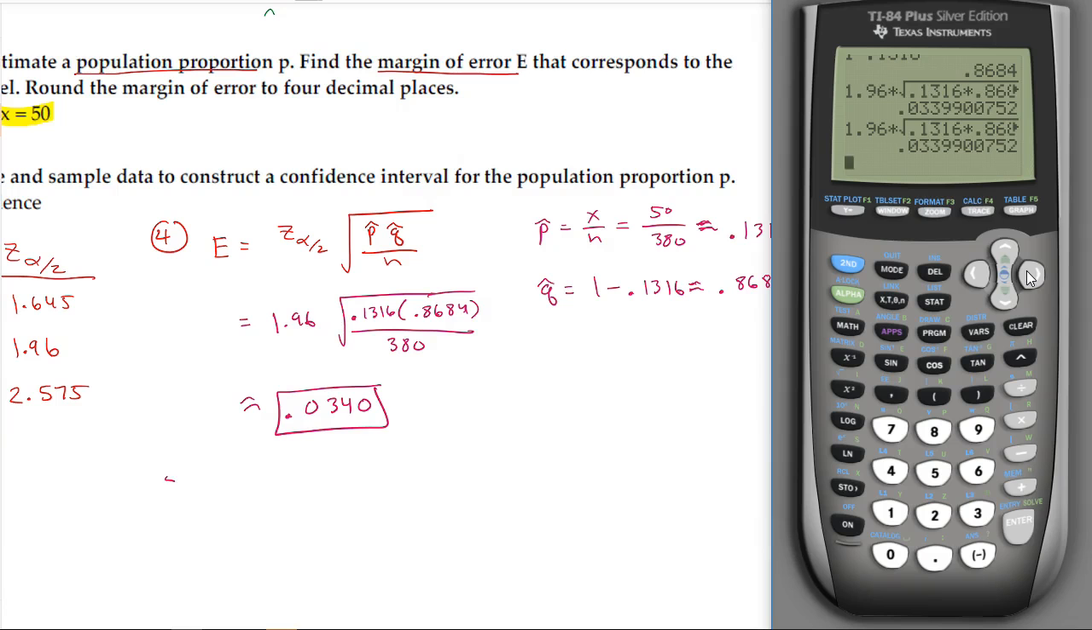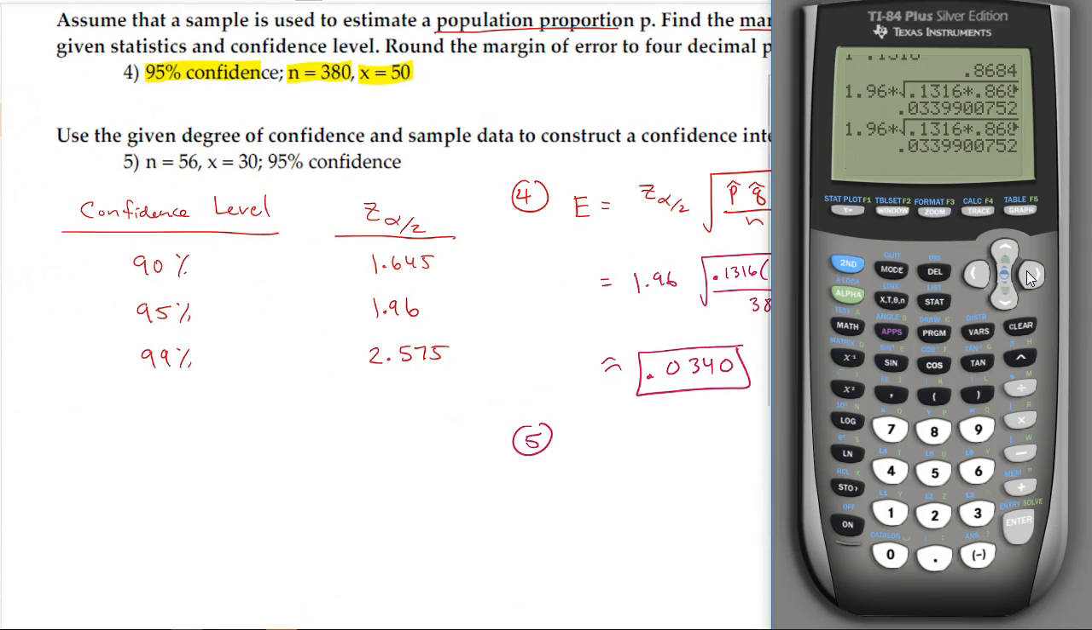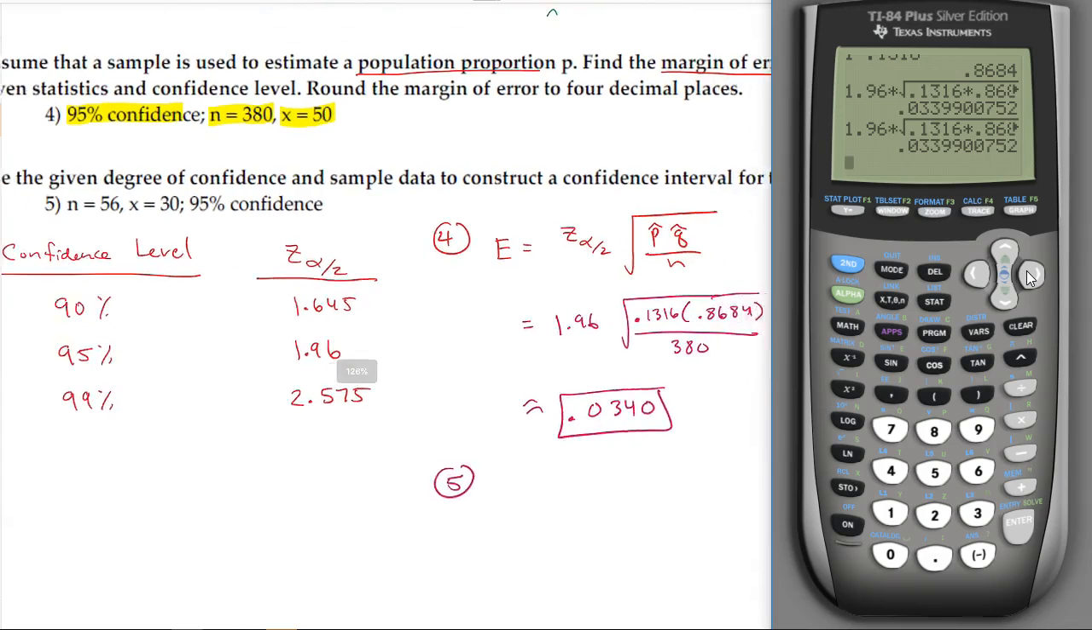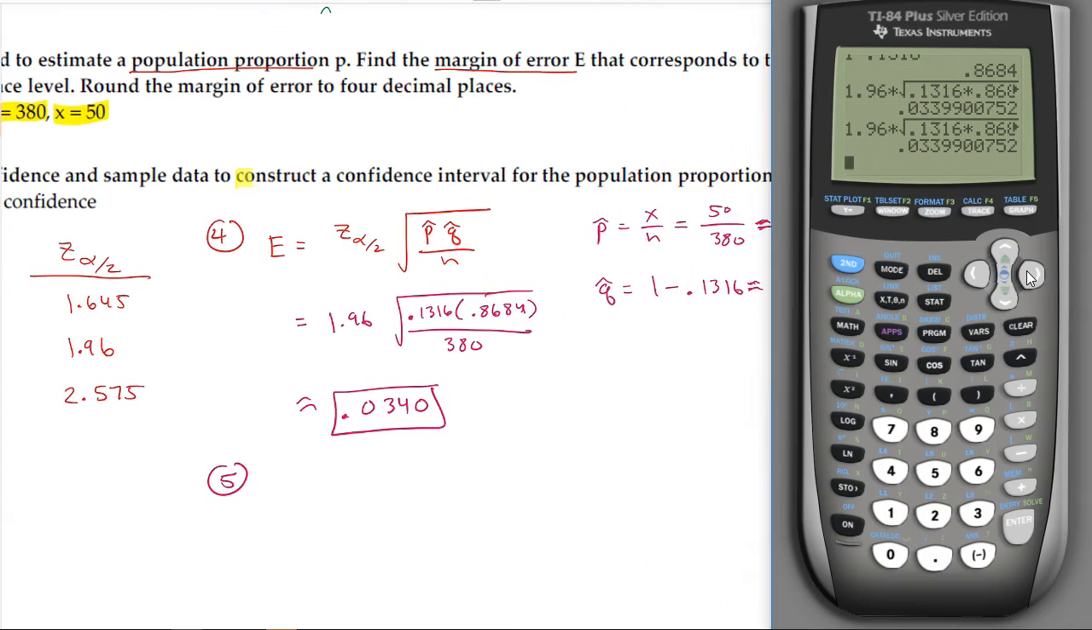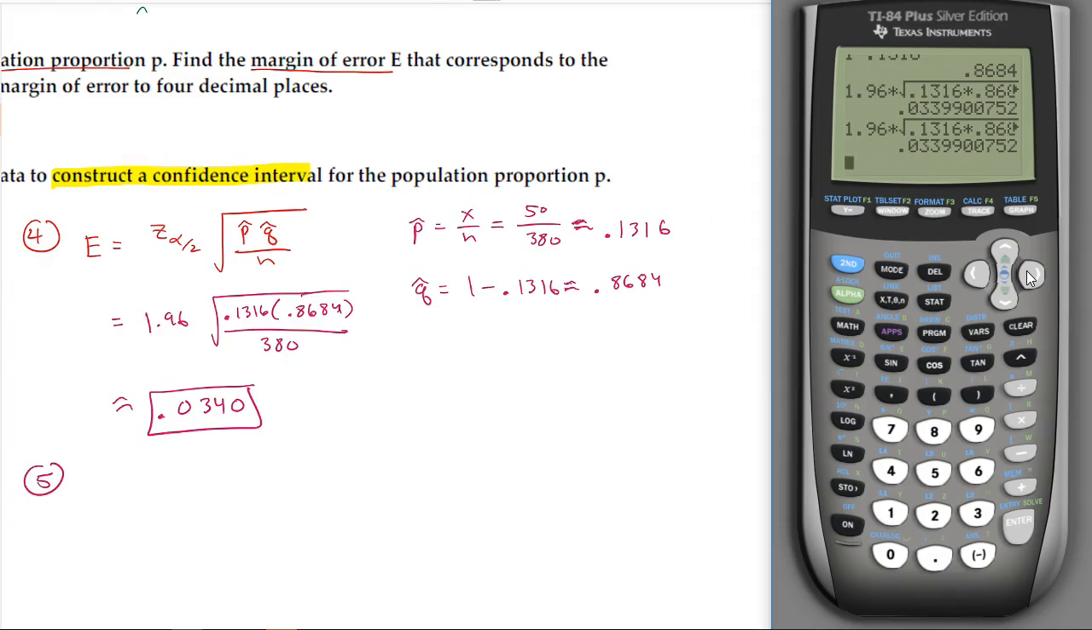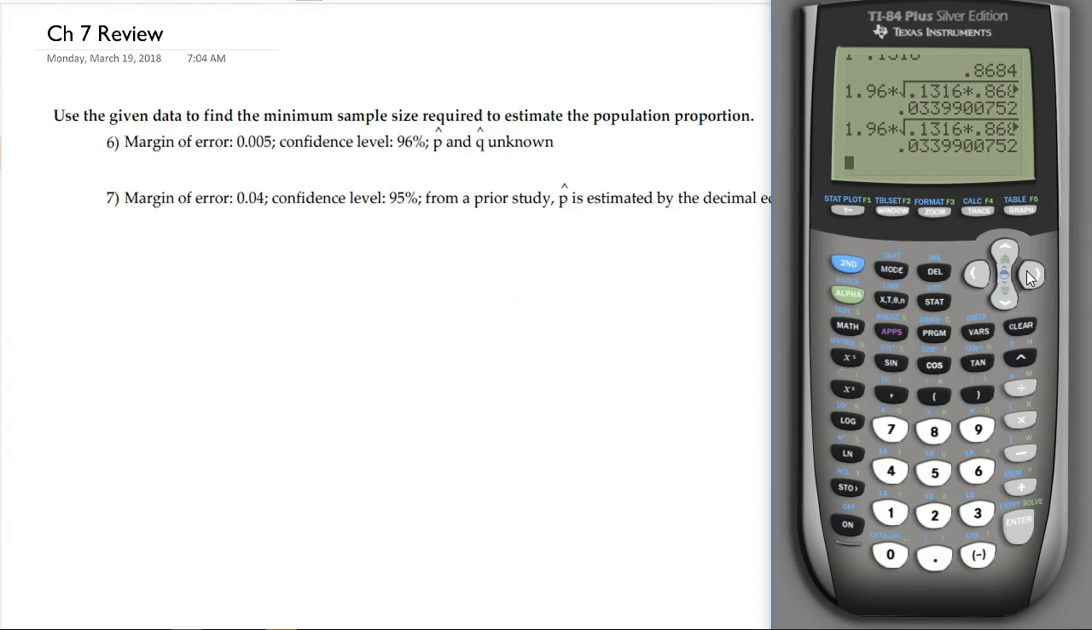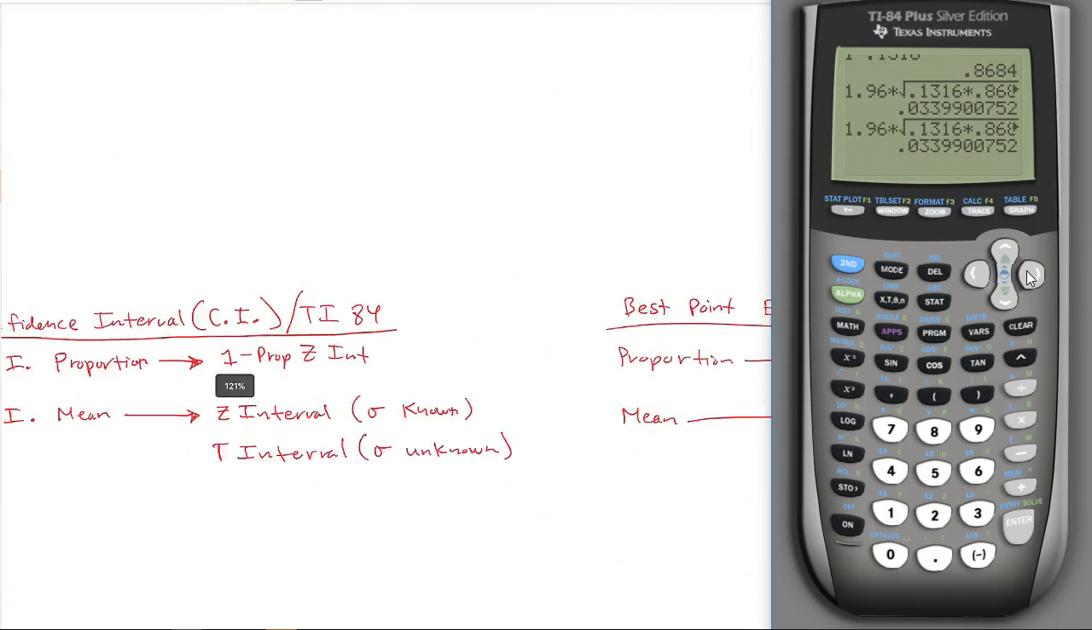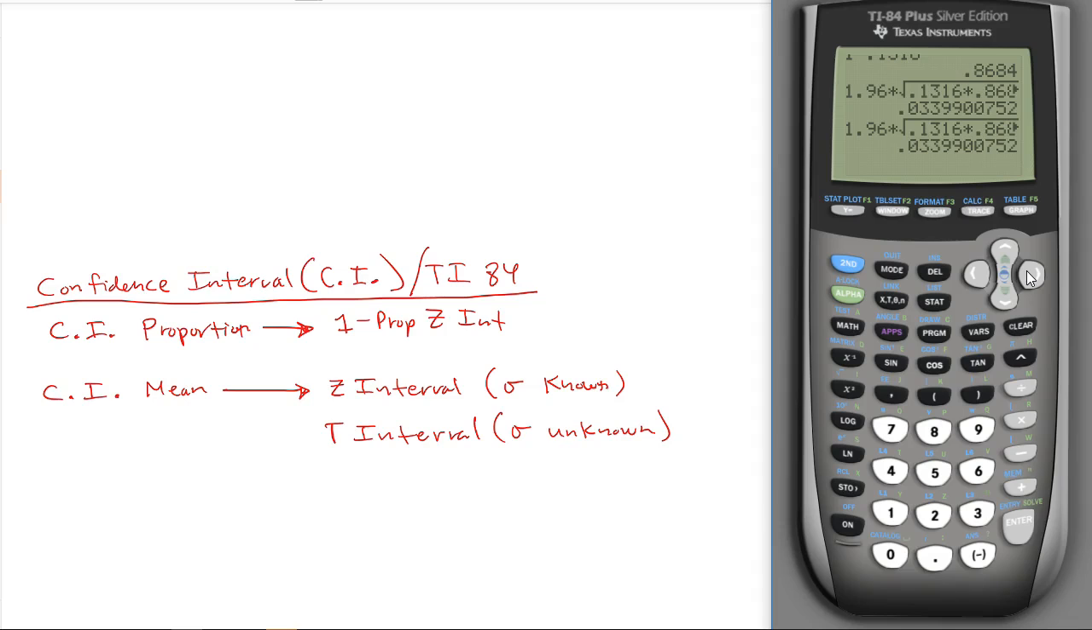Number 5. Number 5, we are given that use a given degree of confidence in the sample data to construct a confidence interval for the population proportion P. So we are trying to construct a confidence interval for a population proportion, and I've got the notes written down here. So anytime we're trying to construct a confidence interval,